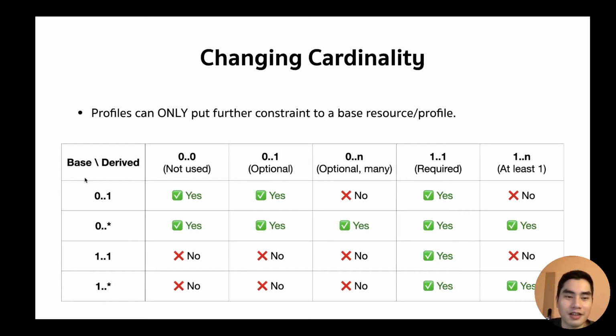Let's say that in the base it is 1..1. You cannot make a required element and cut it off entirely, right? So it's not possible. Required to optional, no. Required has to stay required. And can you add any more elements here? No, because it forces you to have only one element. So that is the concept.